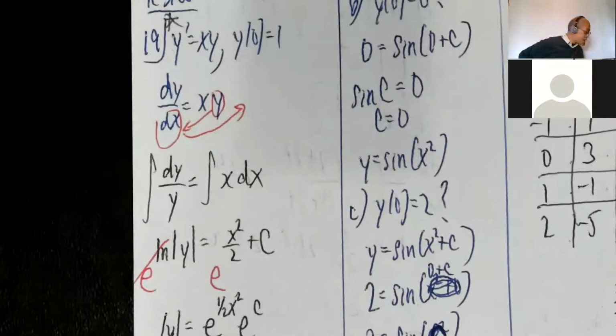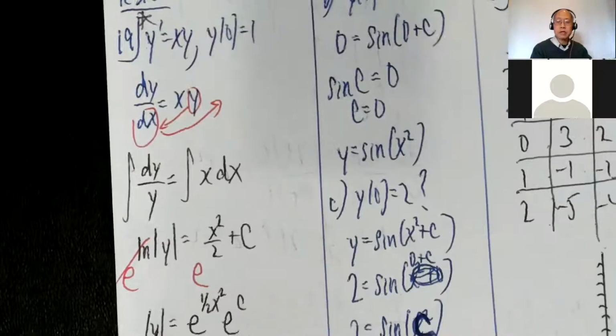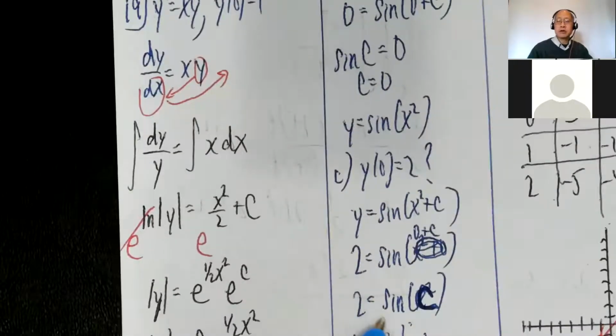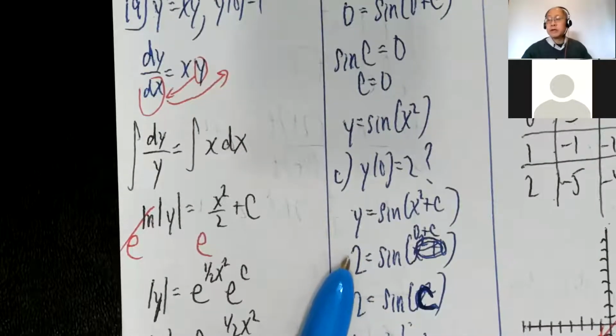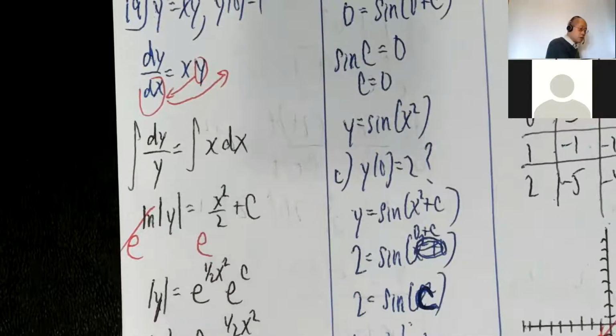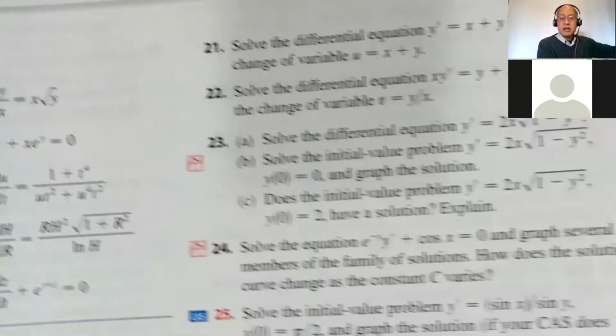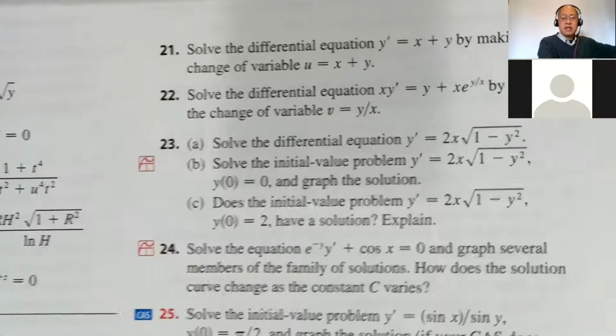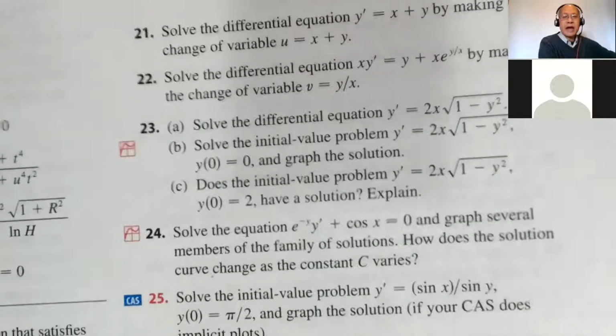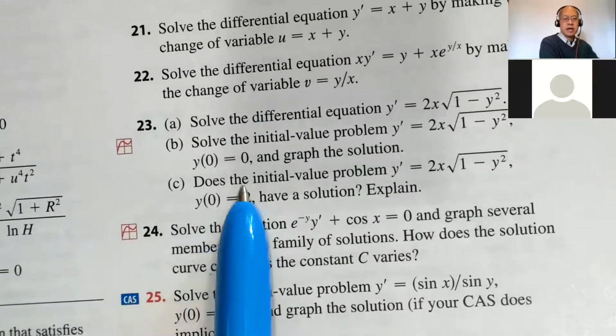And finally, part C, and then I'll be done. So I'm done in a couple minutes. If anybody has any questions, you can ask or put it in the chat. But we'll be done very shortly, and I can turn you loose on the quiz. So in words are kind of funny. 23C, does the initial value problem, blah, blah, blah, have a solution? Explain. So y of 0 equals 2